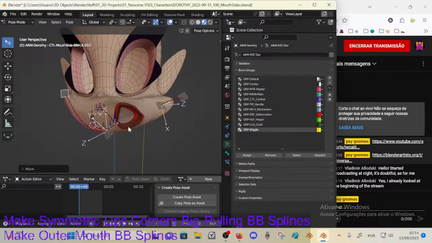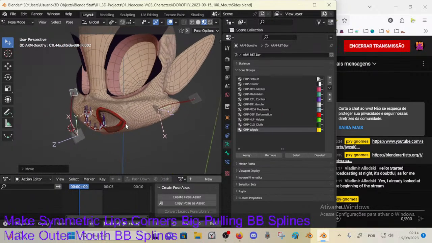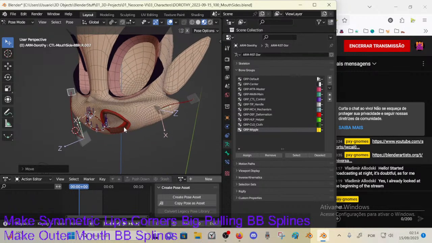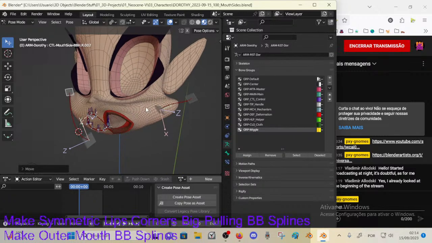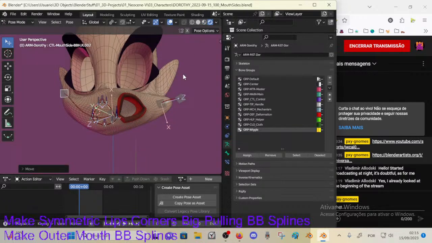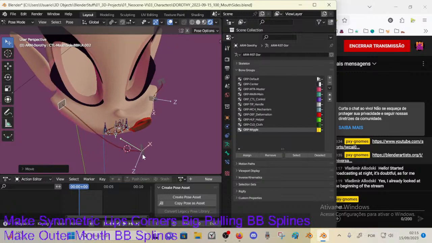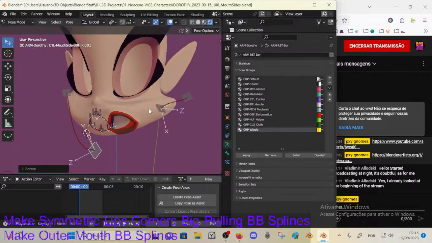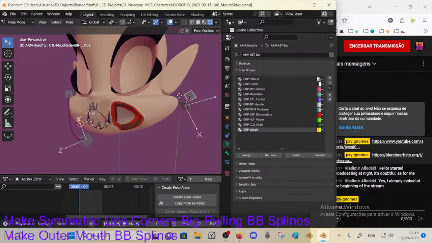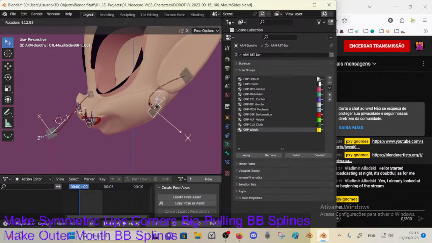But here probably we will need maybe not as much as we have now, maybe more than we have now, because this area around the, yes, but then I cannot forget that the mouth should also have large expressions, which then means that even these areas should deform. So yes, no, never mind. There are too many mouth expressions that we want to do, so it's more likely that we'll have to